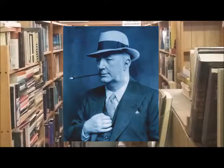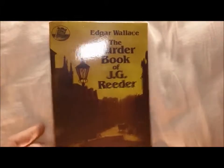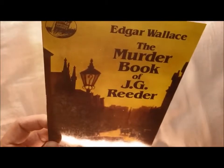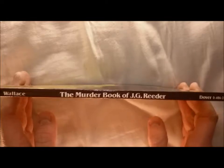What the hell? Edgar Wallace! Edgar Wallace was a very popular British author who helped to create King Kong shortly before his death in 1932. J.G., or John Gray Reader, was one of his detective characters, and Dover has a smart-looking, although kind of bare-bones, volume of his stories. The Murder Book of J.G. Reader,